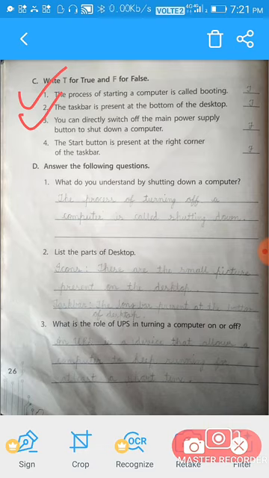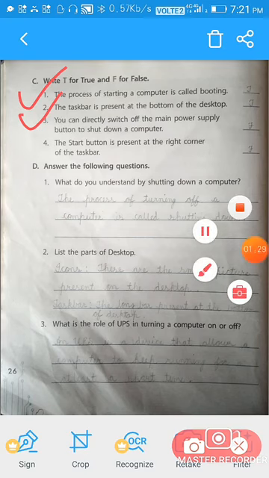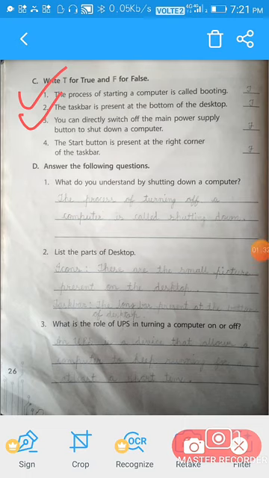Now third is, you can directly switch off the main power supply button to shut down a computer. You know very well, I have already reminded you about the method of starting a computer.